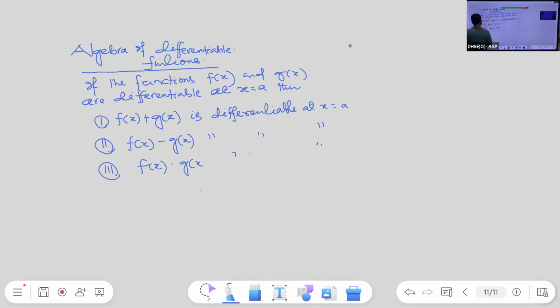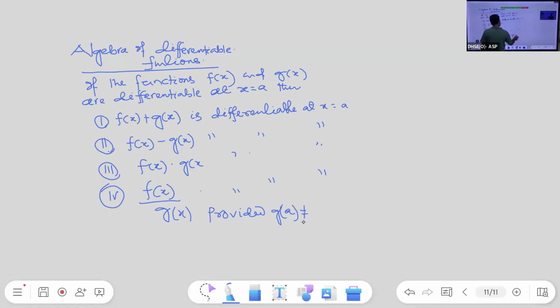Then f of x upon g of x is differentiable at x is equal to a, provided g of a is not equal to 0. Provided g of a is not equal to 0, right? If the functions f of x and g of x are differentiable at x is equal to a,